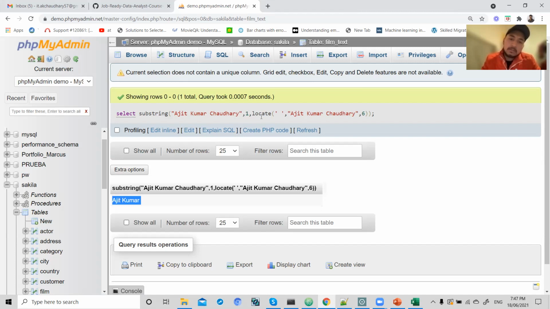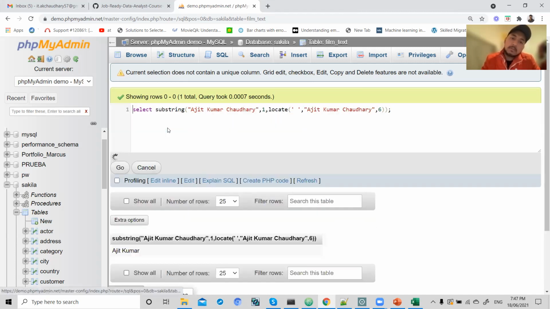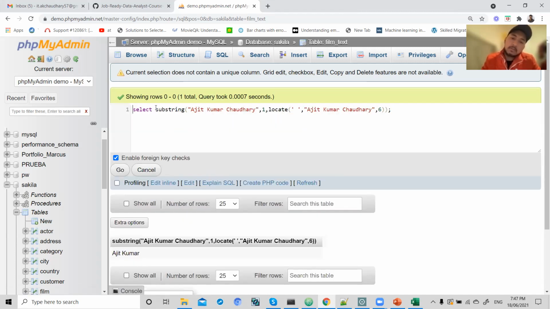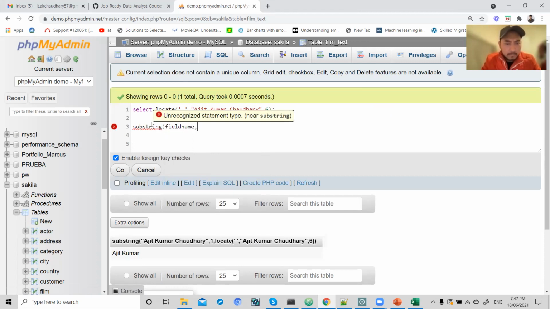I don't understand your substring. So have you understood this part, the locate? Oh yes, but then it's not working in my case. I don't know why. Okay, let me explain this and then I will stop sharing. Substring always works on a field name, then the start position,